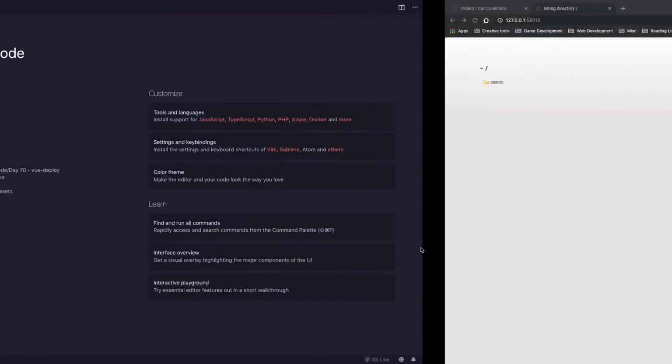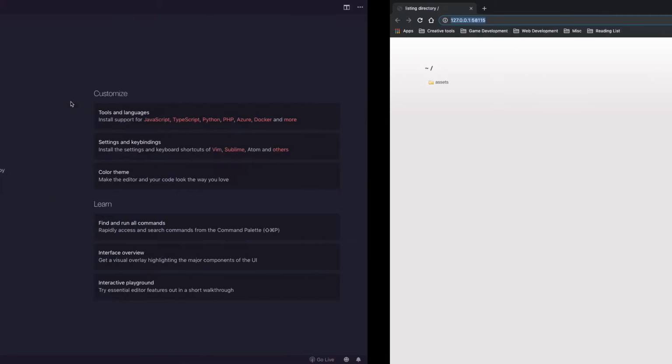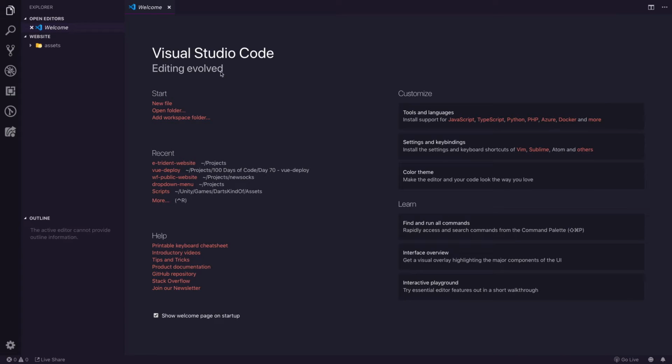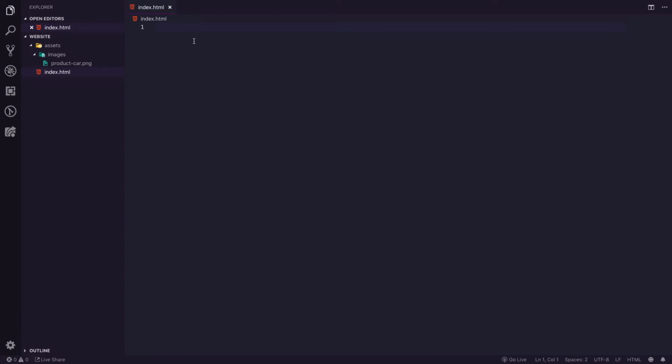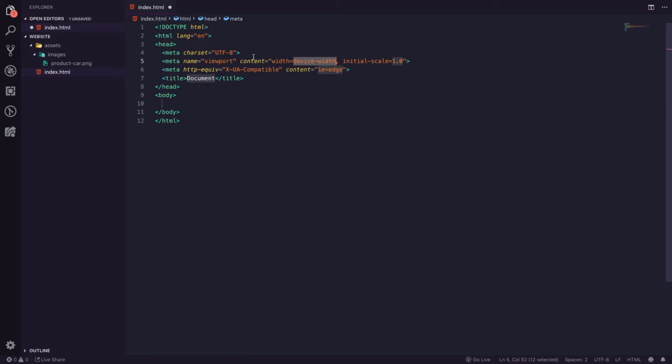So let's move over here. This should be broken. Yep, oh no, that's correct. Yes, so there's nothing in there. It's not showing anything because we haven't got an index.html file. So let's create that. So with any HTML website, you want to create an index.html, and we're going to use,